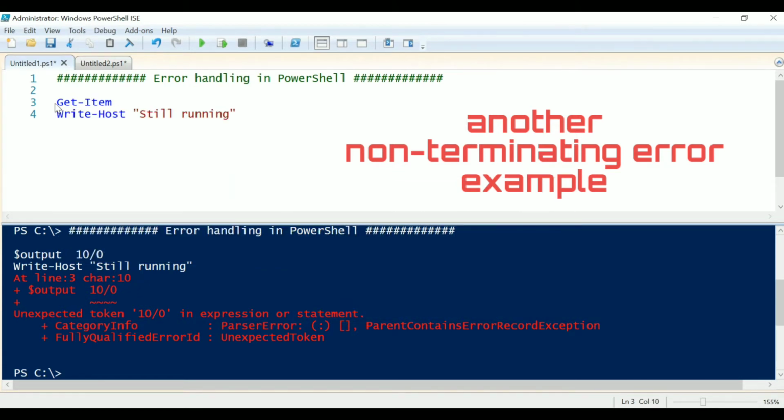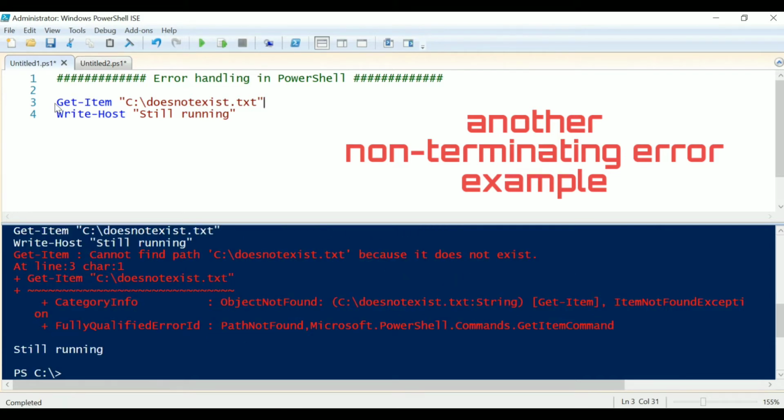Here I'll pass one file name which doesn't exist. Now if I execute my program, you can see we got an error, still I am getting output from the next line. So this time also we encountered a non-terminating error.